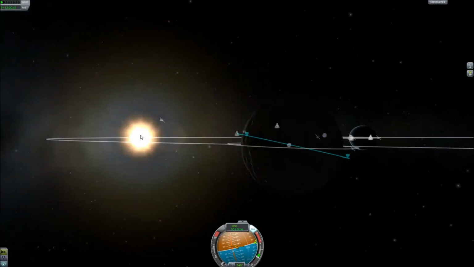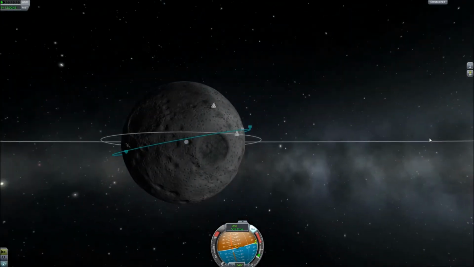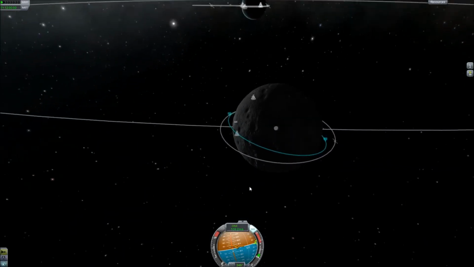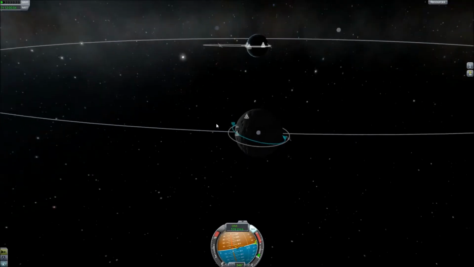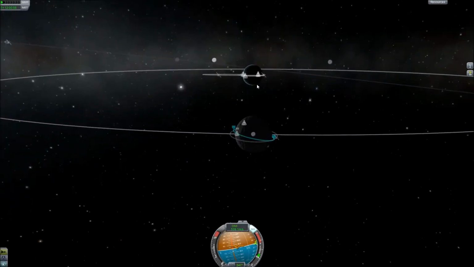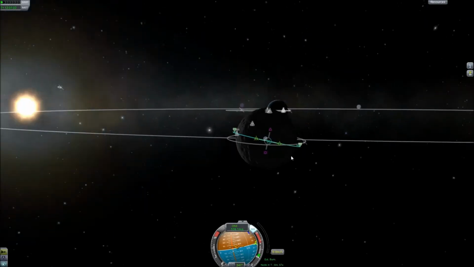So now that we're actually here, this is really inclined. I might have to alter this. I'm going to use a maneuver node to alter this, because we're going to set... Oh, I can't set this. Problem with being on a moon is you can't set Kerbin as a target. So in actual fact, if I change that here...